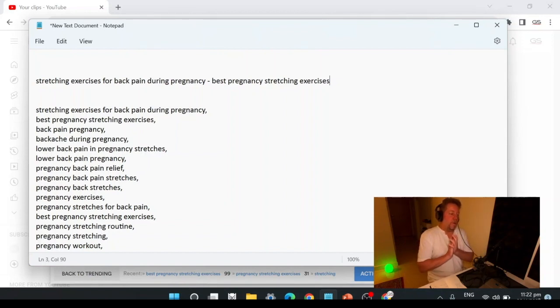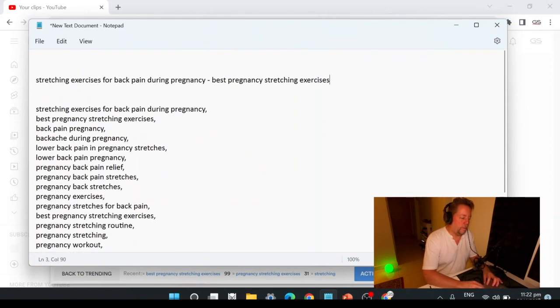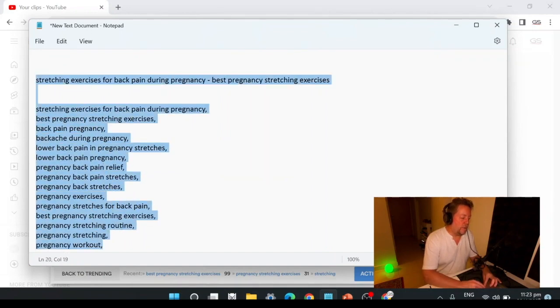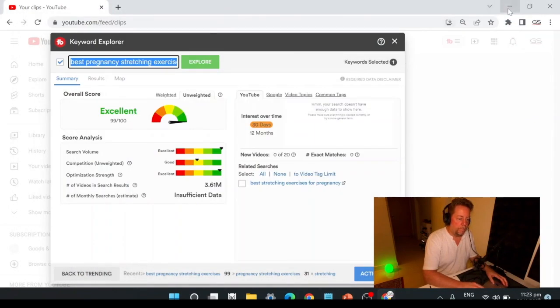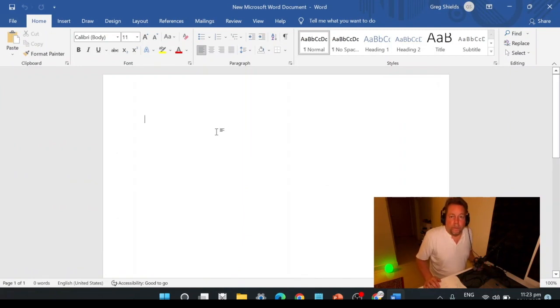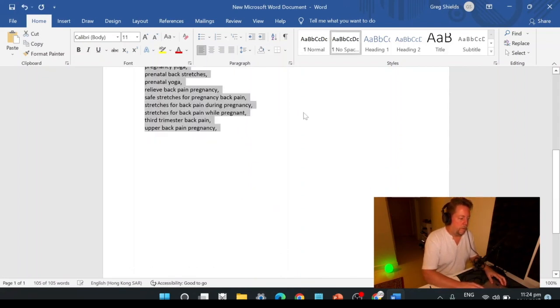Okay, so that's exactly how I do it. So, okay, now here's the problem. It's not a problem, but with the keyword phrases, you're only allowed 500 characters, right? Okay, so what I'm going to do, let's open up a Word document. Okay, there's our new Word document. All right, so I copied all that, I'm going to paste it in there. I want the format to be like this.